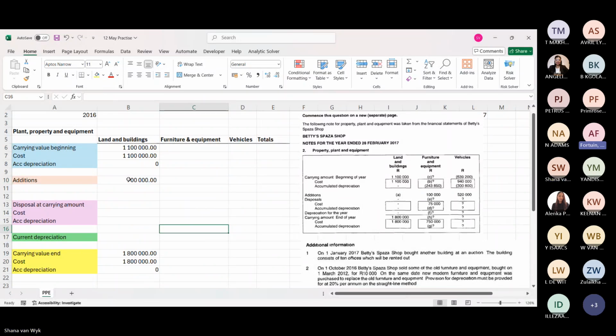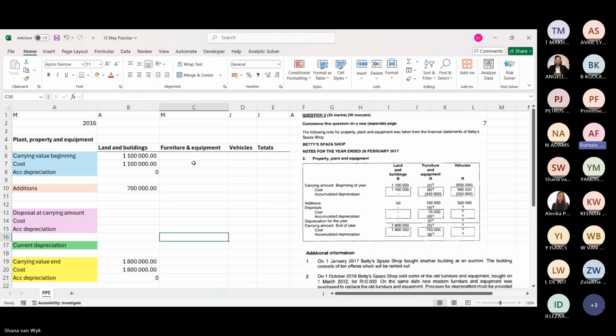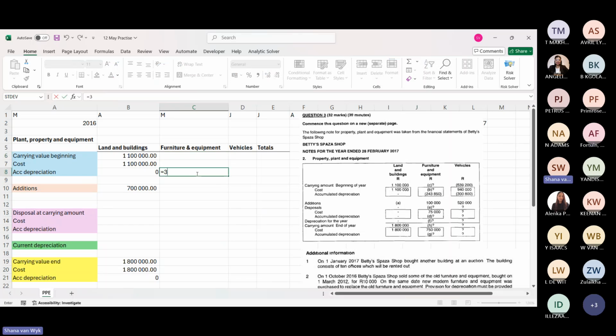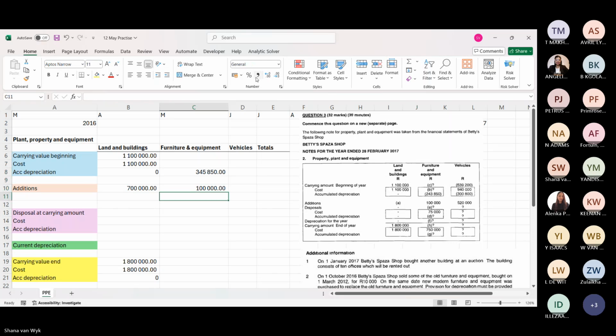I've got the solution that I worked out last year. We worked it out in the class last year, but it's on a piece of paper. So I'm gonna send it in the group when we're done to double check it against yours. Let me quickly do furniture because I think the buildings are done. Yeah. Okay. Additions. Yes, disposal. Everybody, it's teamwork, eh?